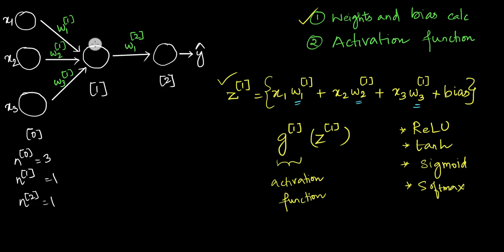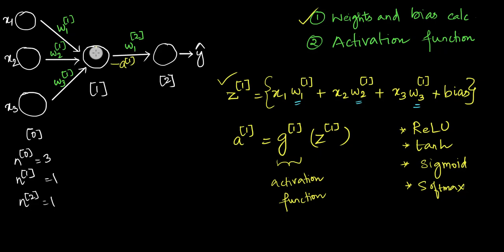And the other reason is that our neural networks may have very complex patterns. In order to match those complex patterns, we definitely need these nonlinear activation functions. So we will also discuss all these activation functions, why are they used, how are they used, when they should be used in a detailed video. But remember that once our z value is computed, it should be applied with an activation function. And this activation function applied value is what we call a of 1. So basically the output that is finally generated from this particular neuron here is a1.